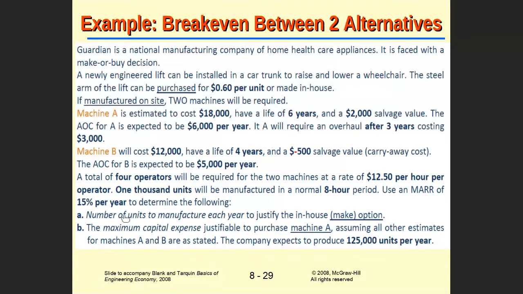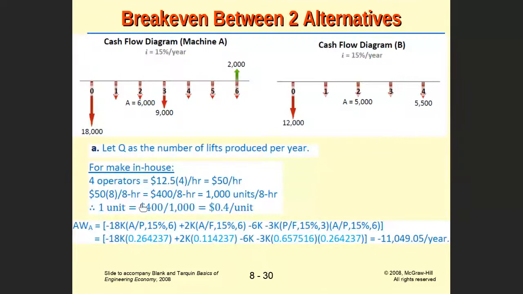So let's find the QBE. In the QBE, we have to equalize the costs for both alternatives. That means we have to equalize the 60 cents per unit, because this is the only cost we have for the purchasing option, with all these costs here, the fixed and the variable, for the manufacturing or making in-house option. The variable cost has been calculated to be